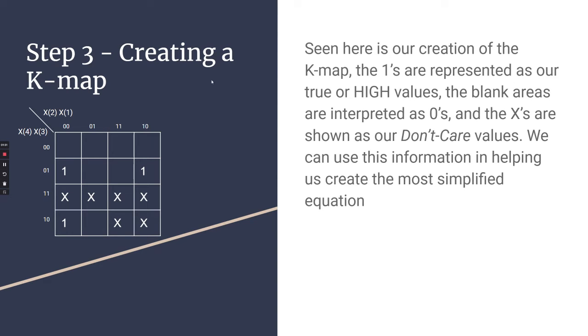And then here, step 3 is our K-map. This is set up, as you can see here on our left. The ones in the table are represented as the ones in our truth table, or our true values. The zeros are just our blank spots. So if you looked at the truth table and saw the zeros, these would just be filled as blank. You can write them if you choose, but I just decided it'd be best to save time and leave them blank. And then our x's here, which are our don't care values. And then the purpose of this K-map is to help us create the most simplified equation,